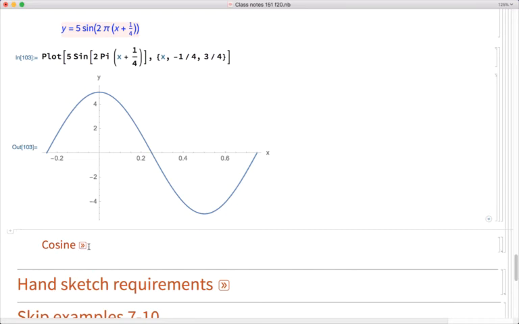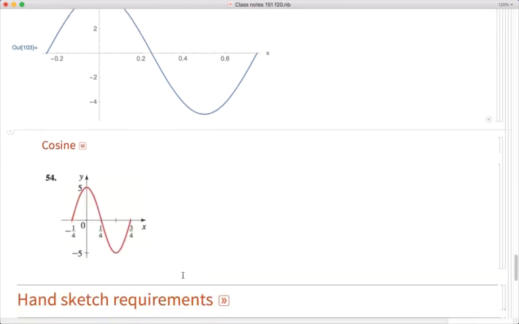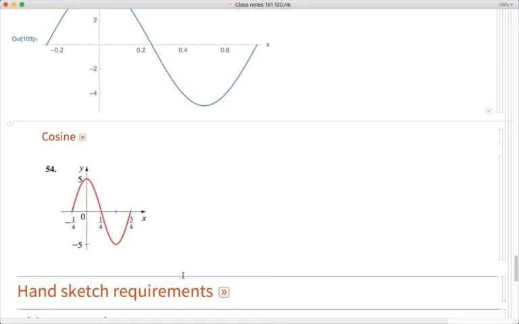Now this is not a unique formula for this graph. We could also look at this graph and say this looks like a cosine function in that it starts out at height 1 on the y-axis. But it looks like a cosine function where we didn't plot from 0 out to 1.25. Instead, we started our plot just a little bit further to the left. So this is totally optional, but I wanted to show you that there is more than one way to view this. If we view this as a cosine function,